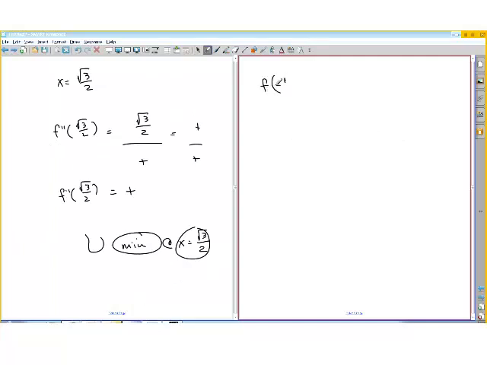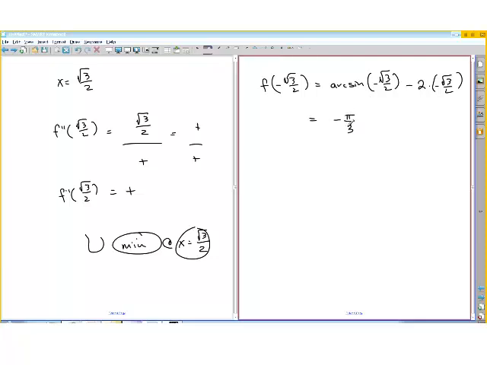So f of negative the square root of 3 over 2 is going to be the arc sine of negative the square root of 3 over 2 minus 2 times negative the square root of 3 over 2. Well, the angle whose sine is negative the square root of 3 over 2 is